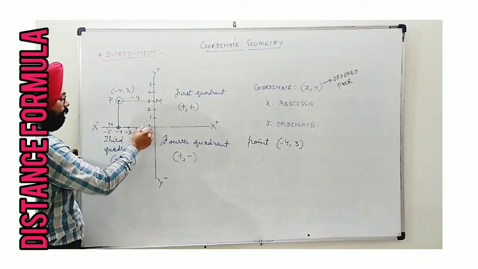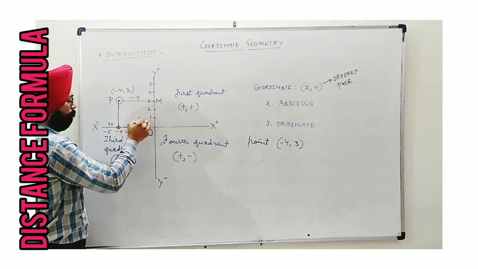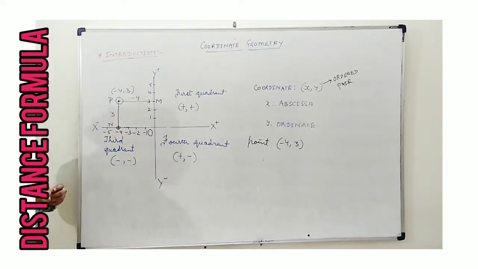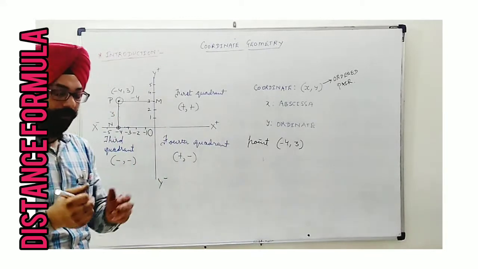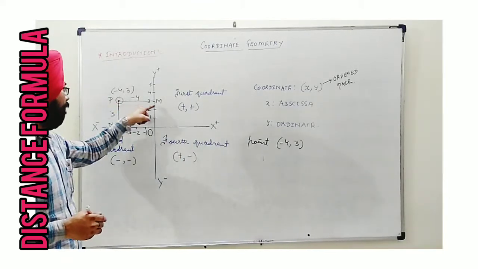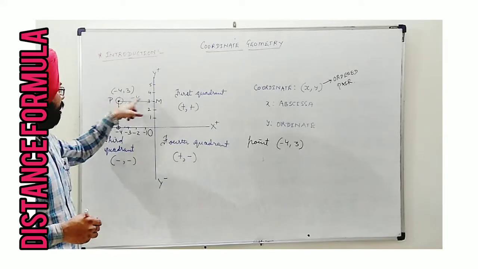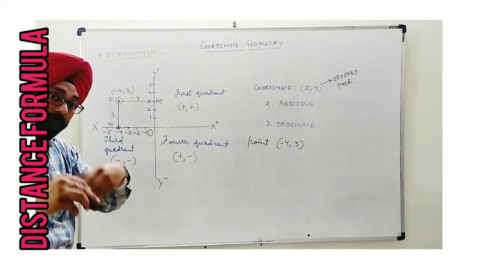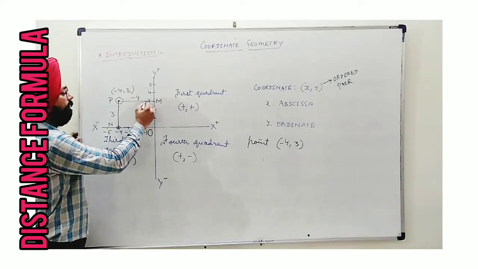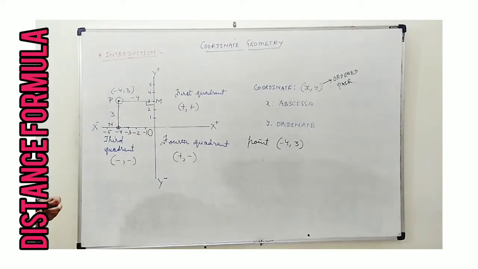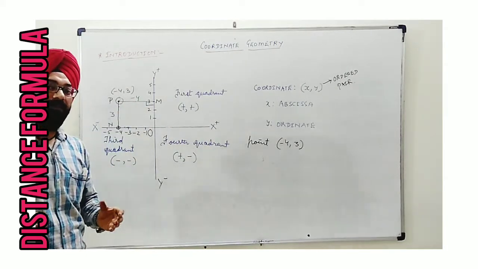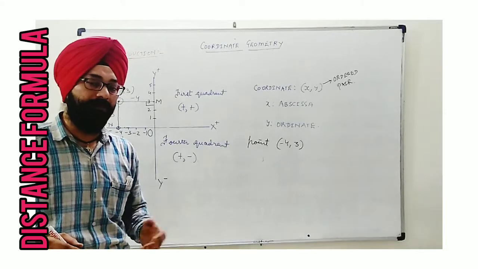And similarly, this one is equal to OM, and OM is 3, so that's why it is 3. By the way, if I consider it as a distance, there is no minus and plus sign. If I ask what is the distance of P from the y-axis, I am talking about the perpendicular distance from the y-axis. So the distance of P from the y-axis, which is the perpendicular distance, is PM. Now PM, ignore this minus sign. Whenever distance is measured, it is always taken as a value, neither positive nor negative.